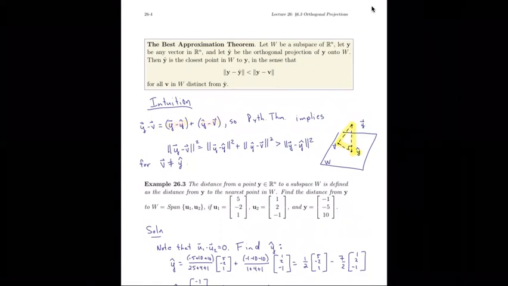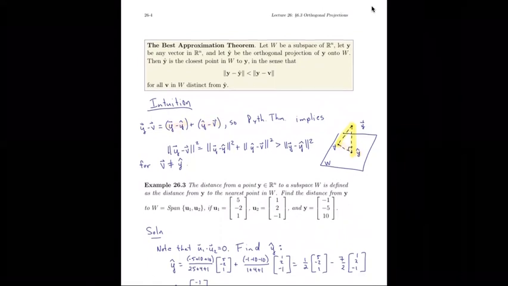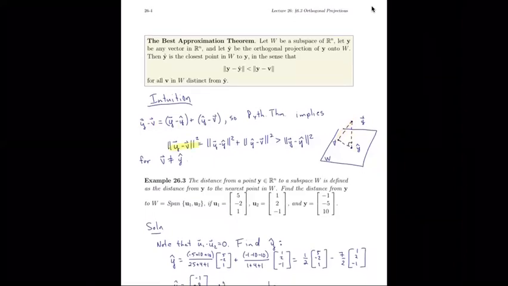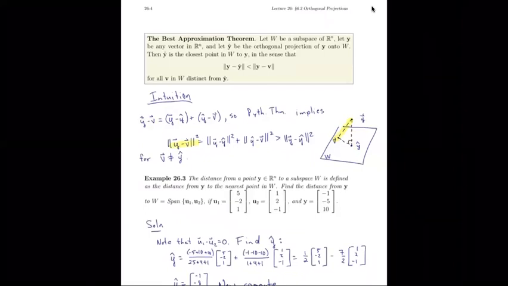So through the Pythagorean theorem, we know that the hypotenuse squared, the norm of y minus v, squared, is equal to the length of y minus y hat squared, plus the length of y hat minus v squared. And now we know that the smallest that y minus v is ever going to be is 0, and that's only if v is actually